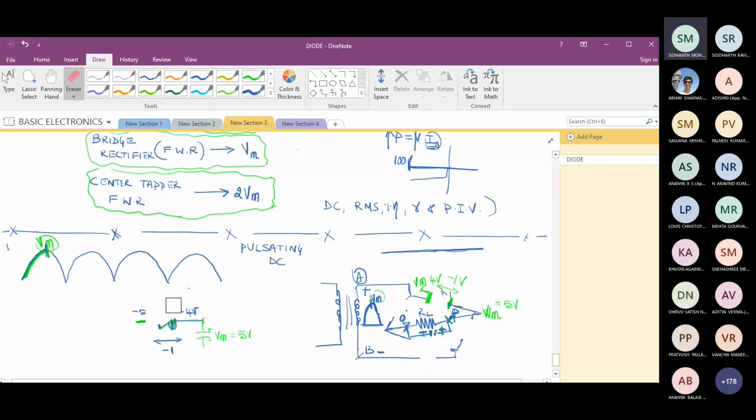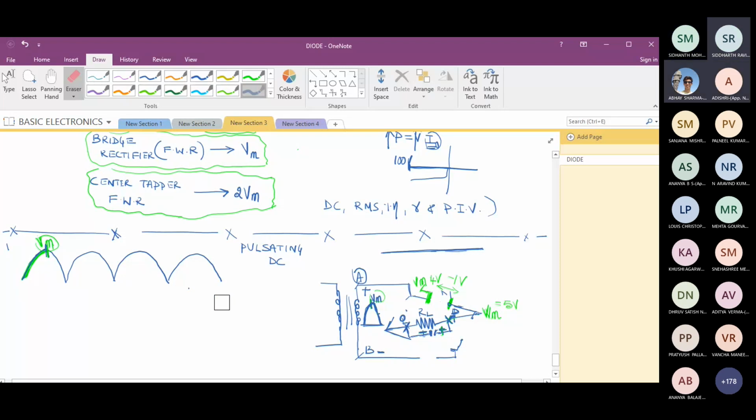Okay. Now my question. Capacitor is fully charged. Fully charged to what value? Vm. So it is fully charged to Vm, which is equal to 5. Okay. When all the diodes are off, will the capacitor keep quiet? No, sir. What will it do? Discharge. There is a load. It will discharge. There is a load connected, and this is forming a loop. It is something like this. I'll draw it here. A load connected.